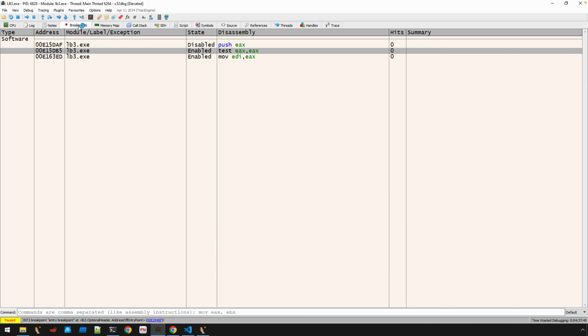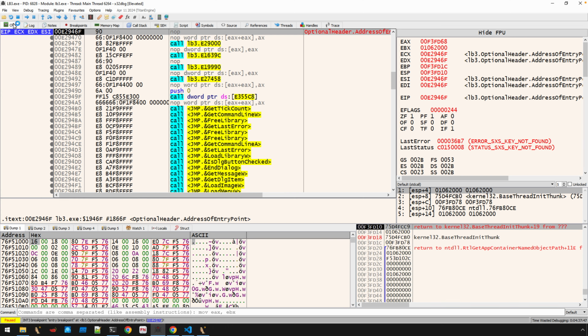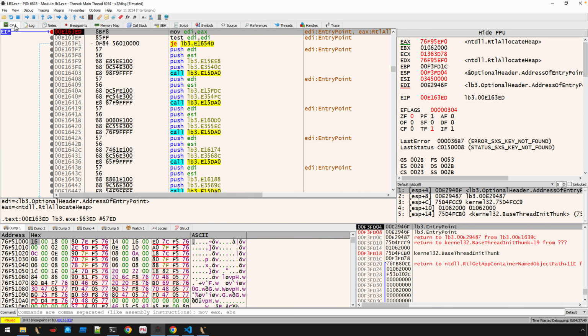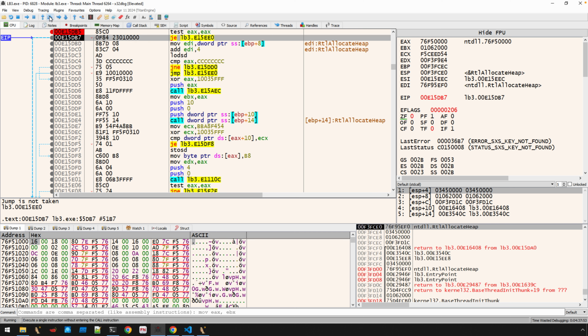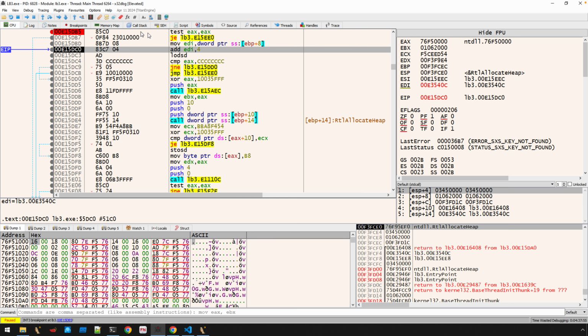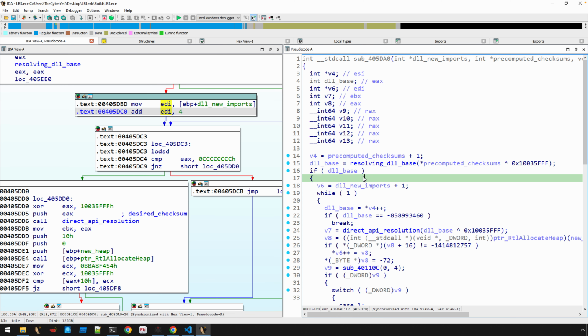Make sure my breakpoint is set. Looks like it is. So we'll go back and step, let's see, one more time. There we go. There's our test EAX. Okay, so now we moved into EDI. EDI is E3540C. And if we go back to where this was first called,